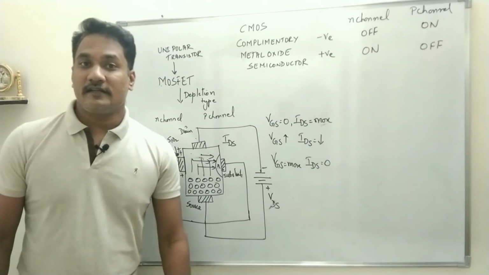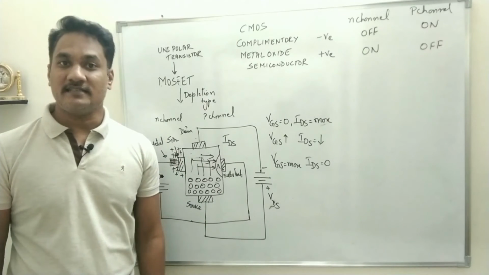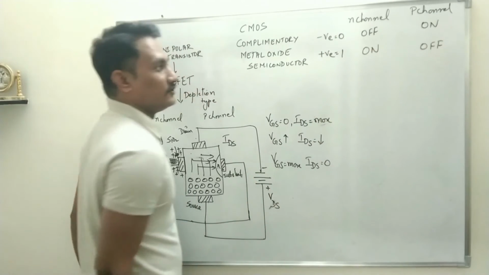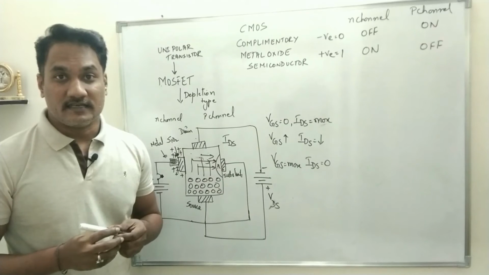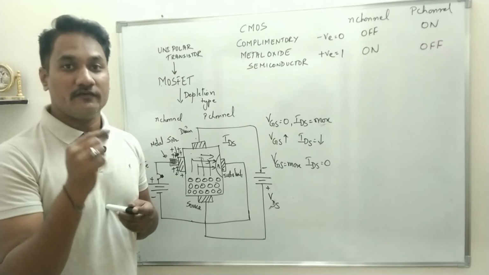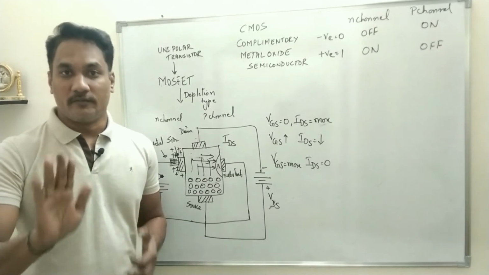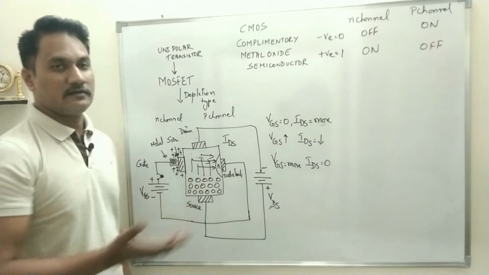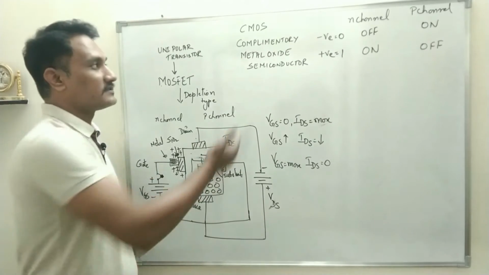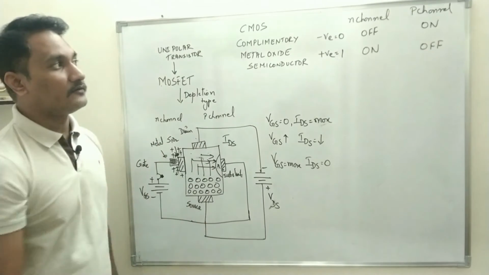And in digital electronics, any positive number will be considered as 1, any negative number will be considered as 0. So for negative, we will consider it to be 0. For positive, we will consider it to be 1. So for an N channel transistor, when you give 0, it will be off, whereas for P channel, it will be on. And when you give 1, N channel will be on, P channel will be off. That is what you have to remember from all these things. This circuit is not there in your 12th standard. It was in the 11th standard, but we have to understand the CMOS logic family. That's why I have explained it.